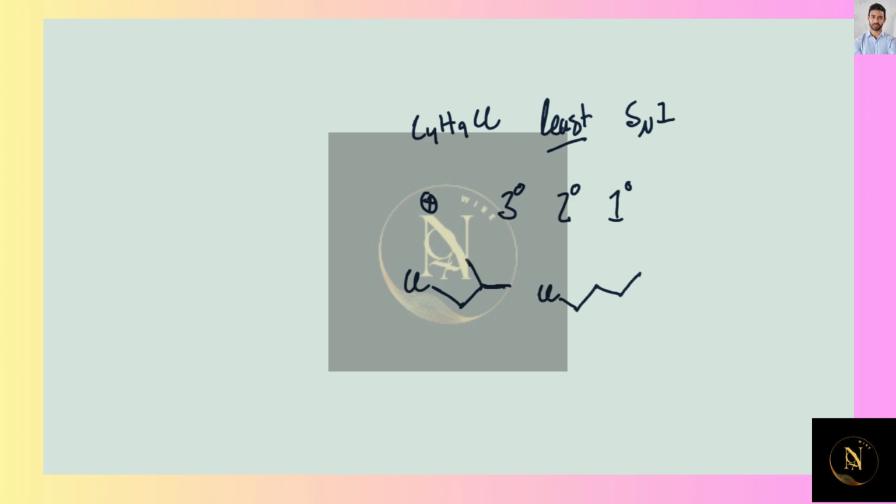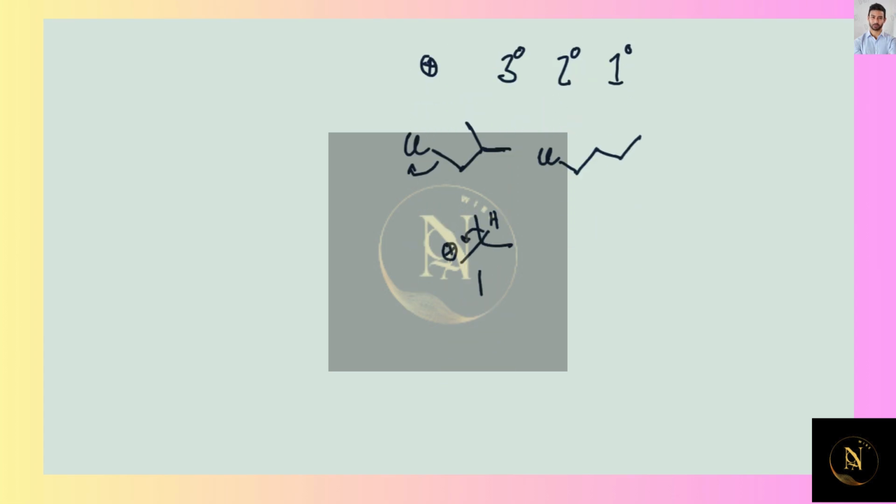Now note that if this chlorine were to leave and generate a carbocation, it would be a primary carbocation, but it would neighbor a tertiary center, and therefore a hydride shift could occur, generating ultimately a tertiary carbocation. That is not possible with this substrate, because if the chlorine leaves and generates a primary carbocation,